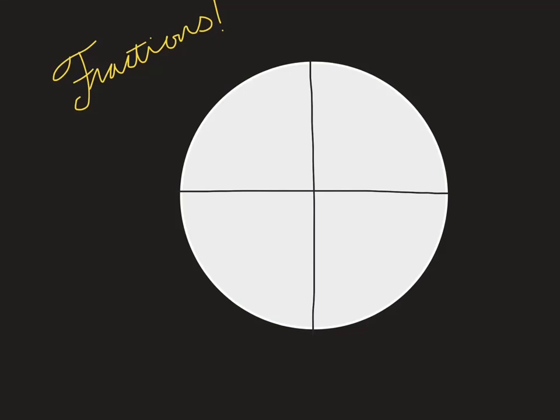Okay, I have a brief introduction video for you today, guys. We know that there are 2 pi radians all the way in the whole circle. So because of that, we can kind of divide things up. And we actually did talk about this a little bit in class this year, but we did not go super